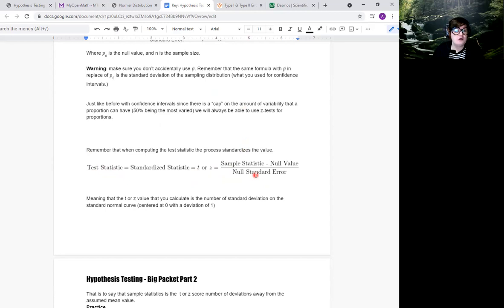And the reason why you would have traditionally standardized is that you would be looking it up in a table of values to compare it. Nowadays, we don't really have to do this because we have all these calculators. But before, we would have wanted to do this because this is really basic math. If I didn't have a calculator, I could do this very basic math, and then I would have a table of values to compare it to, which is what the critical value is all about. Whereas if I didn't want to standardize it, I would have to be using